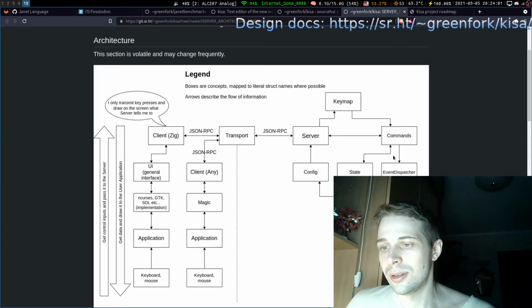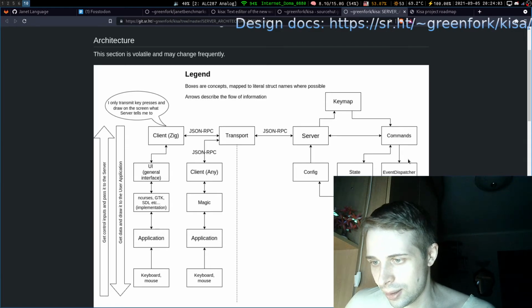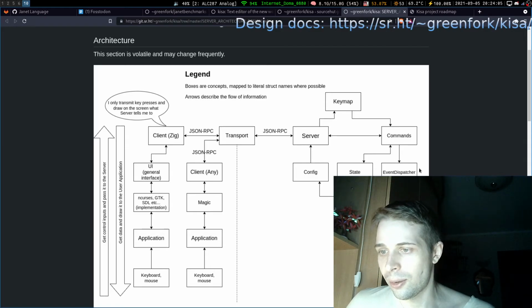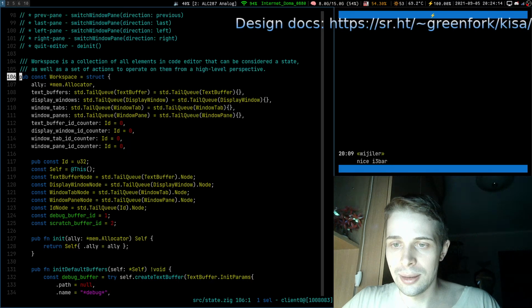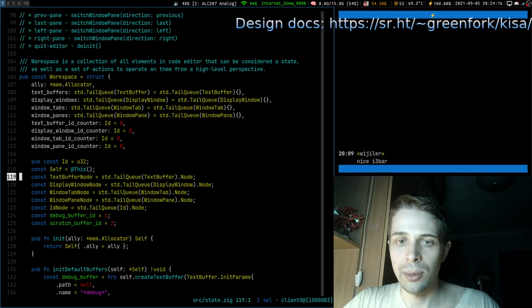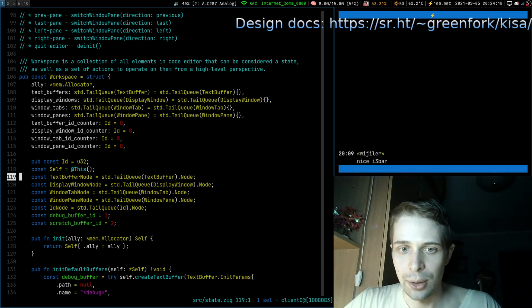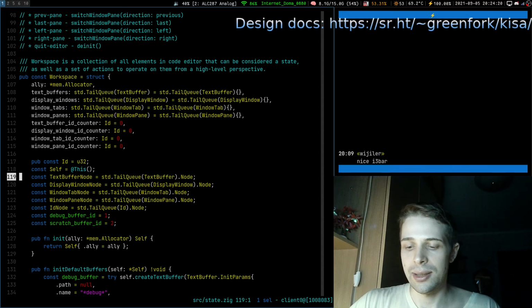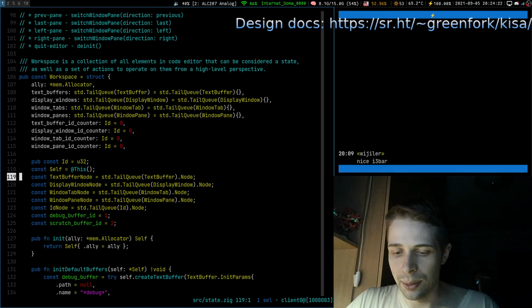It will mutate the state, and this one event dispatcher will do it later. Currently we don't have it, but it will do. It will command the state to move the cursor left, and in our idea we are going to say that workspace says cursor move left. It gets necessary window ID and all the stuff.